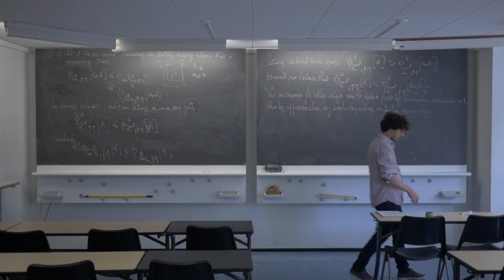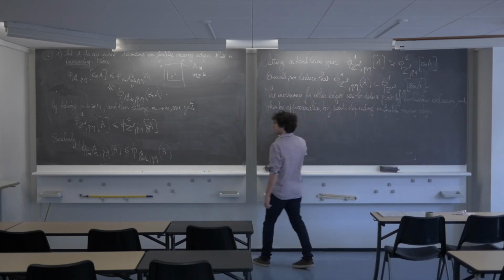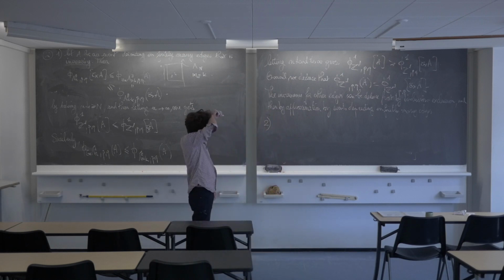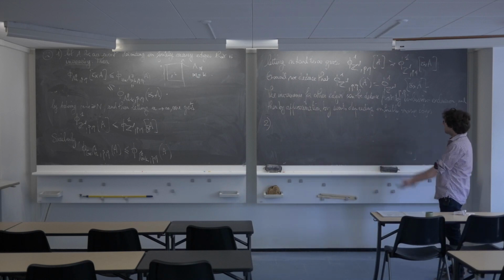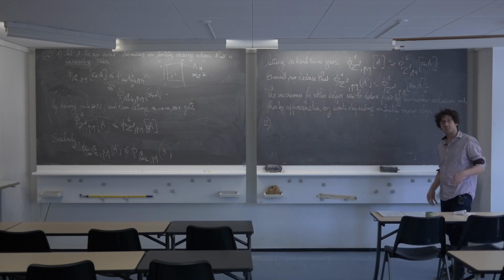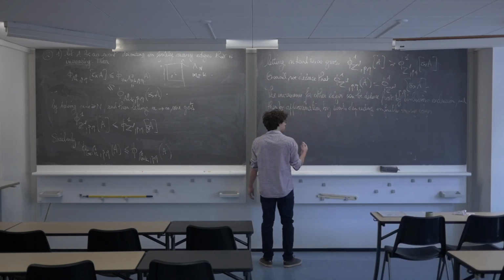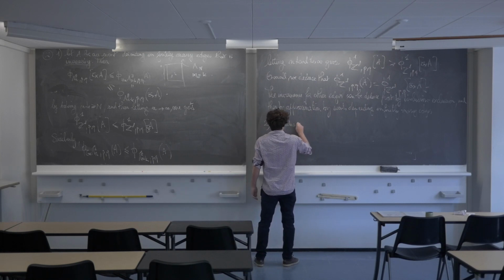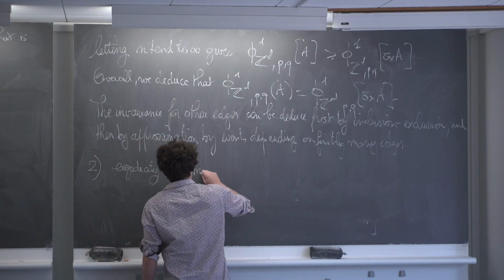Let's now take a look at ergodicity. So for ergodicity, we are going to use a property. So again, because you can approximate events by events depending on finitely many edges, in this case, there is a natural relation between ergodicity and another property. So ergodicity is equivalent to what we call mixing,